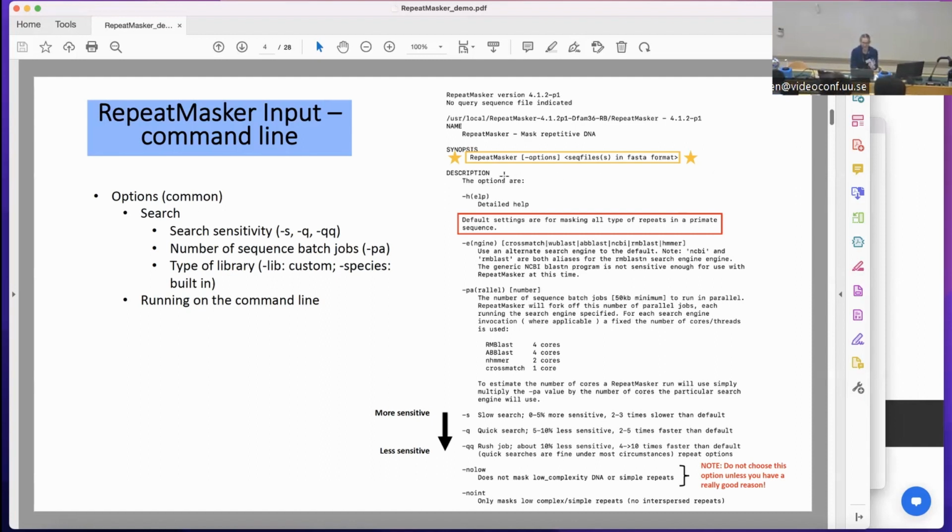And you're going to get a synopsis of RepeatMasker runs. So I have here the very simplistic run, as I said. The default settings are for masking repeats in primate sequences. So all you need is RepeatMasker, the name you just called, your sequence file, and it'll run. No other options. Now, there are so many other options to consider, and it really might seem daunting, but